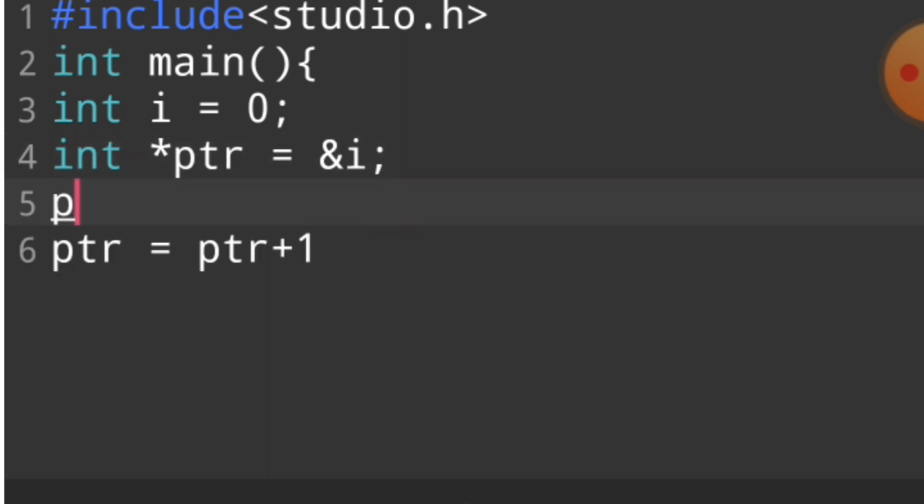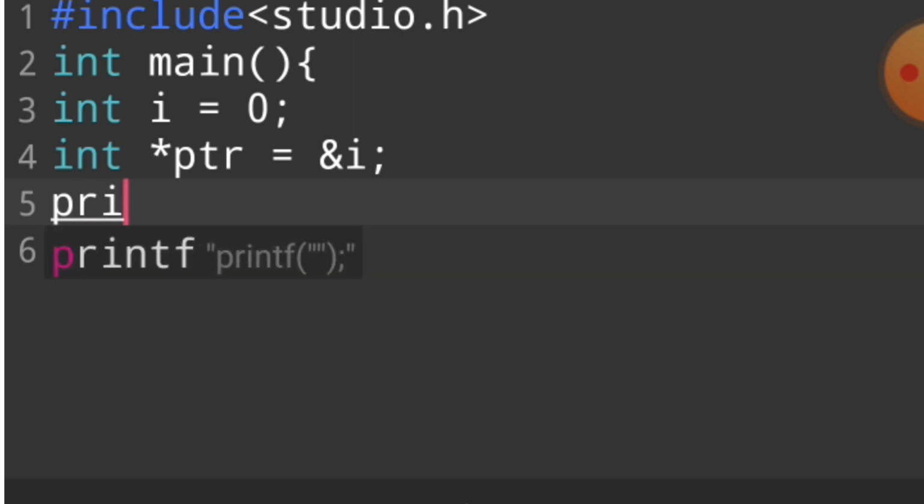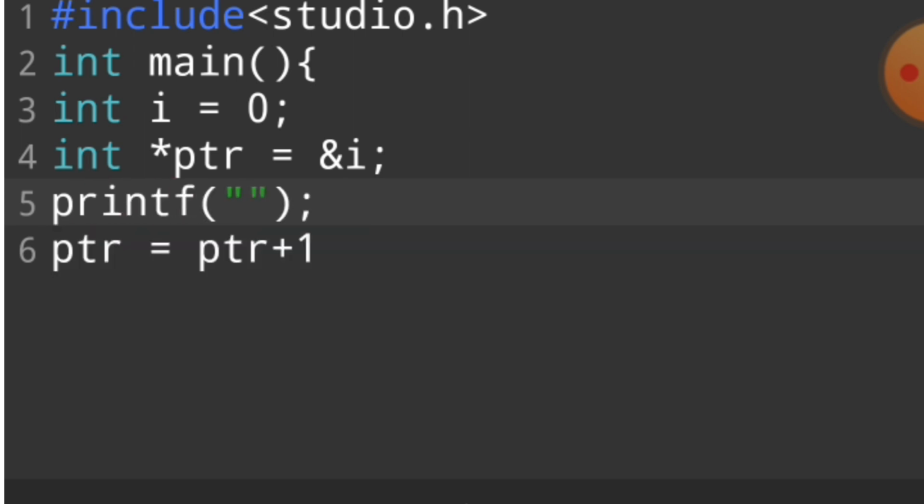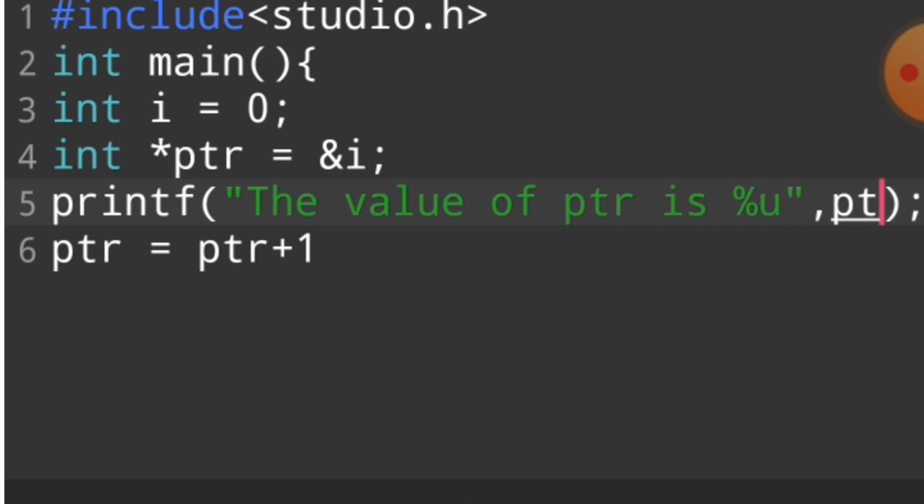First of all we printf the value of ptr is %u, ptr.